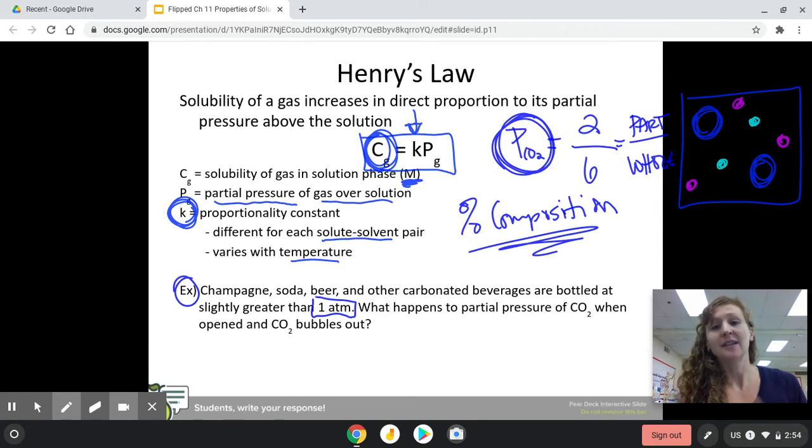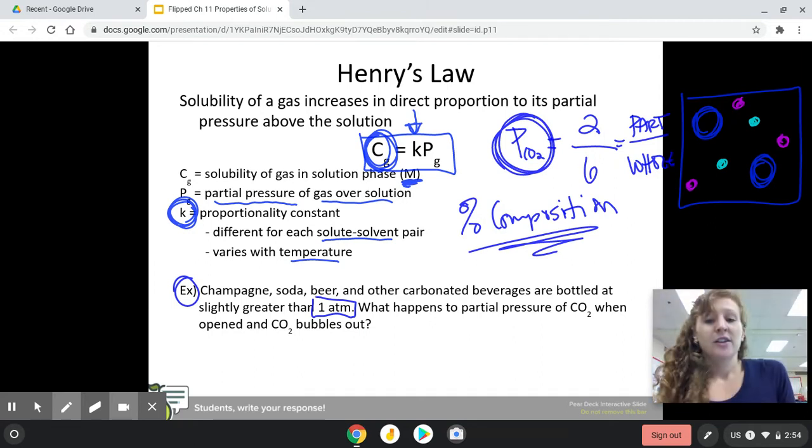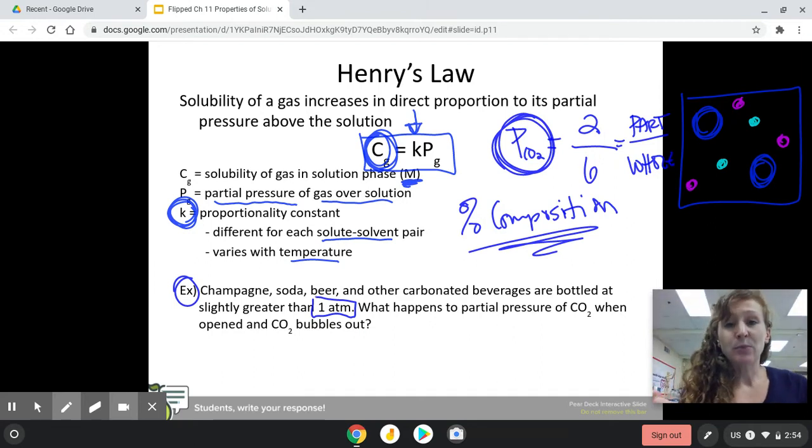It's going to be like a tenth or a couple tenths of an atmosphere is your change in pressure. Atmospheric pressure when storms roll in and out. Okay, so they're bottled at a pressure slightly greater than 1 atmosphere. So what happens to partial pressure of carbon dioxide when you take the bottle, you open it, and carbon dioxide